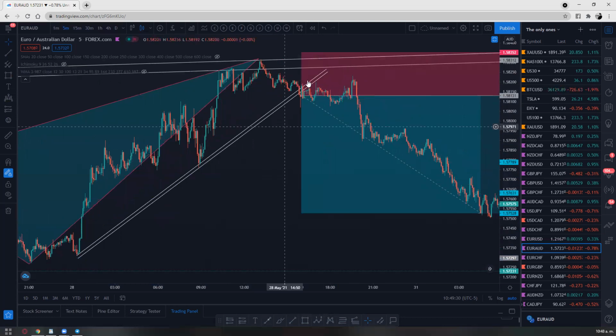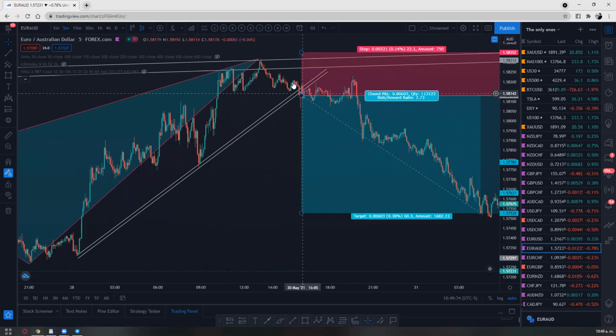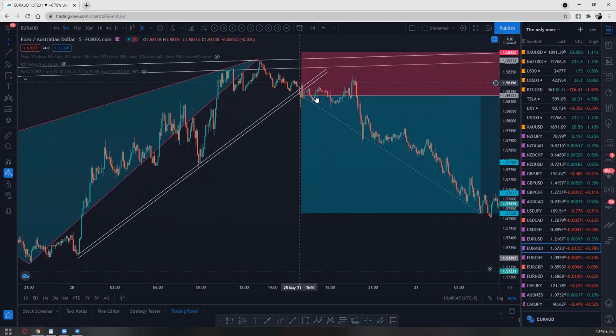So what happened? Just by price action, let me delete this. Right here, by price action, the price was breaking my structure, so it was telling me to sell right here. Okay, the price was already telling me to sell. It was a little slow, a little consolidation, but still the price action was telling me to sell.